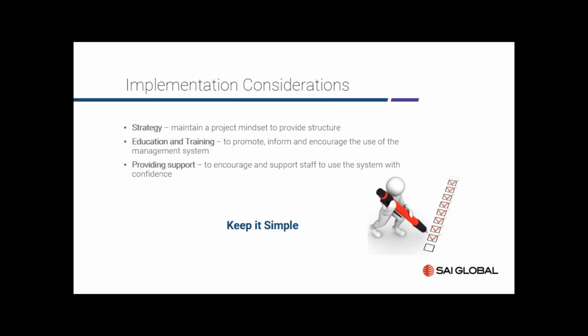Considerations for implementation. A project mindset will be necessary to ensure the best outcome. It will include making sure that you set tasks to timelines with specific outcomes and well-defined responsibilities for their achievement. Regular review and tracking of progress against milestones is also essential. All users must be trained and educated on the use of the management system. In fact, those who would be the users should not only be consulted, but be active participants in the process to create the system. Again, top management must provide encouragement, time and resources to ensure the project is successful.